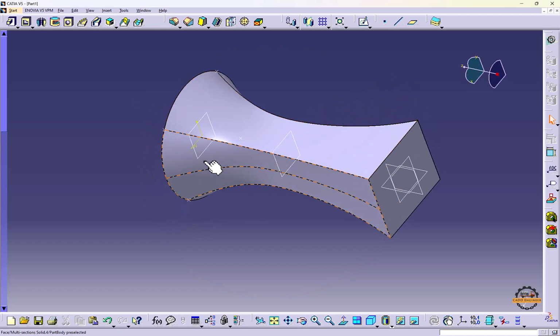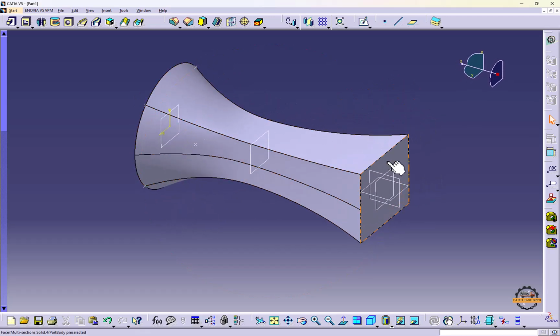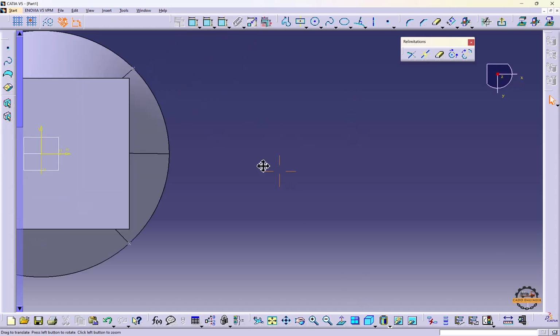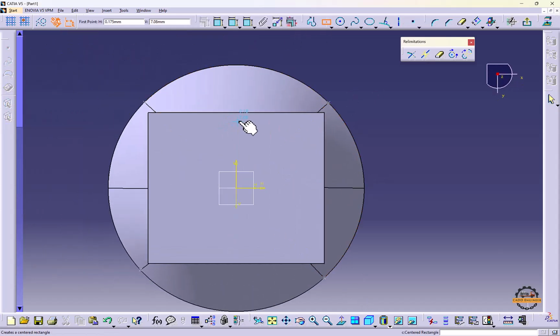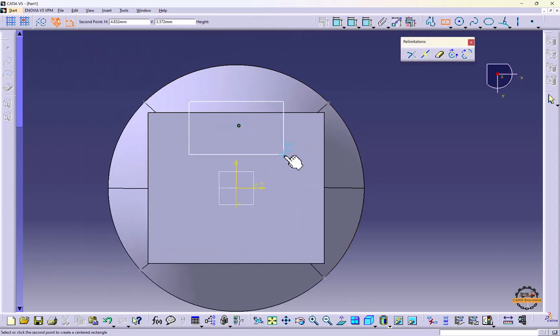Now we'll see how to use the remove multi-section tool. As the name suggests, we can remove by making multiple cross-sections. The same way that we learned multi-section, we can use the remove multi-section tool. We'll select this face and sketch on it, and I'll create one section. I want to cut that part. Let me define some shape